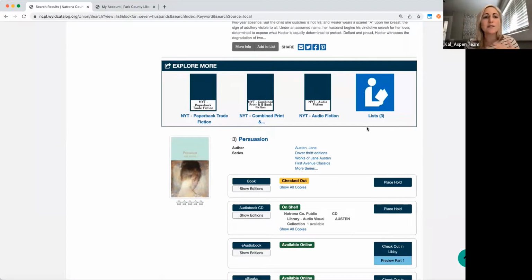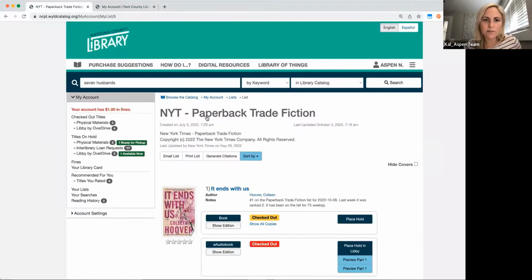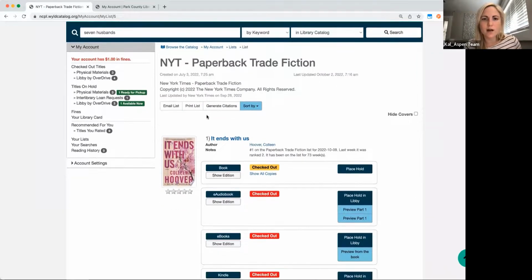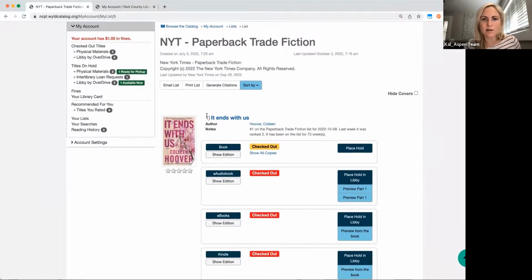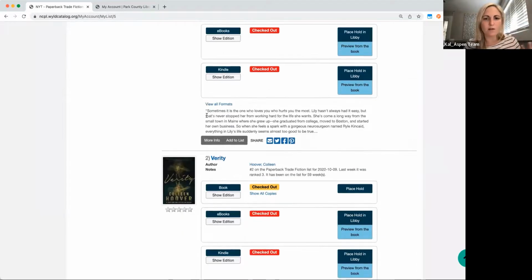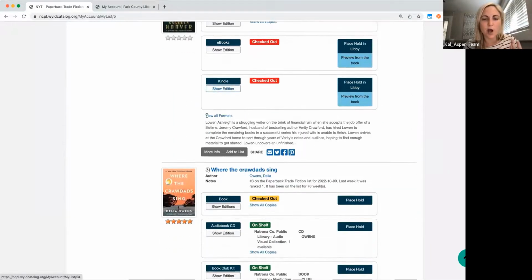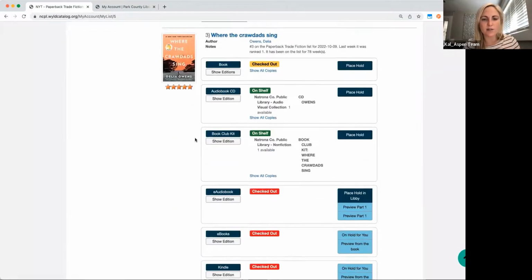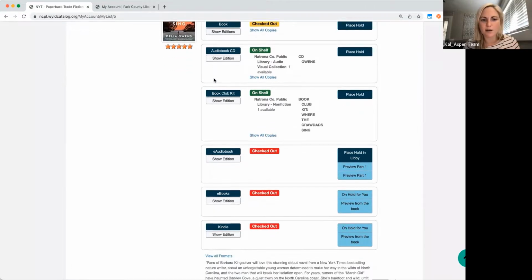What this means is that that title is showing up on these New York Times lists, and maybe as a patron, I'm interested in seeing other titles that are on those lists. So if I click into paperback trade fiction, I can get information on all the titles that your library owns that correspond to the titles on that New York Times list.